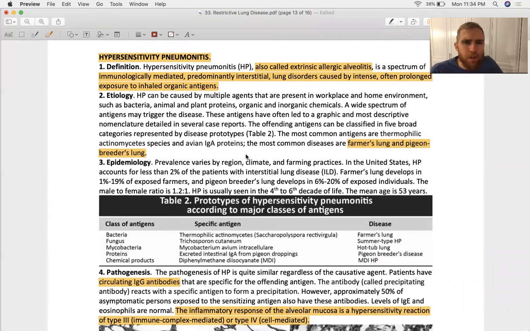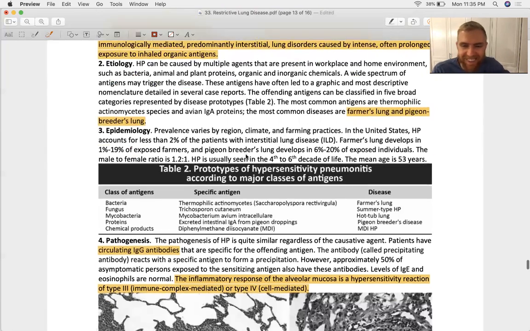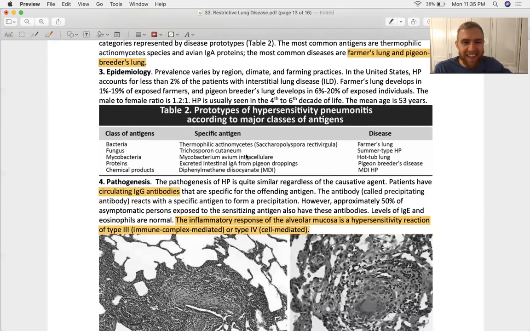Let's talk about hypersensitivity pneumonitis, also called extrinsic allergic alveolitis. So you're exposed to an antigen, which is an antibody generator, and you make antibody, and then the problem is that the antibody starts sticking to your own cells, which causes your immune system to roll through and attack those cells that the antigen sticks to. And the most common variants of this are farmer's lung and pigeon breeder's lung. I really tried to not laugh at that, but